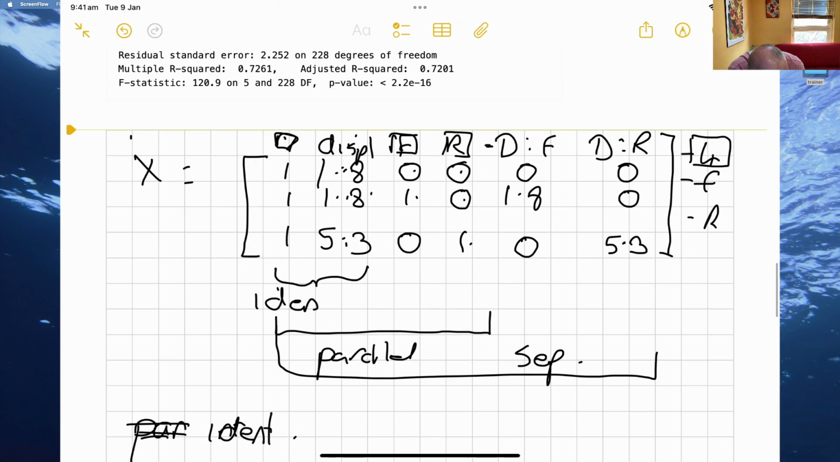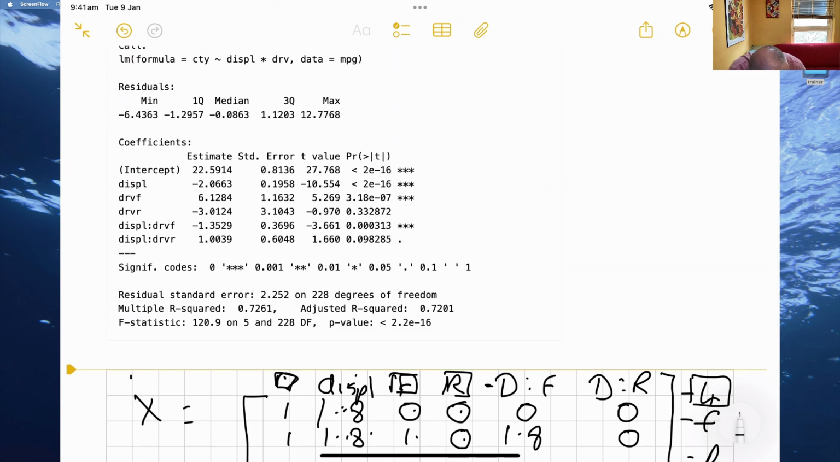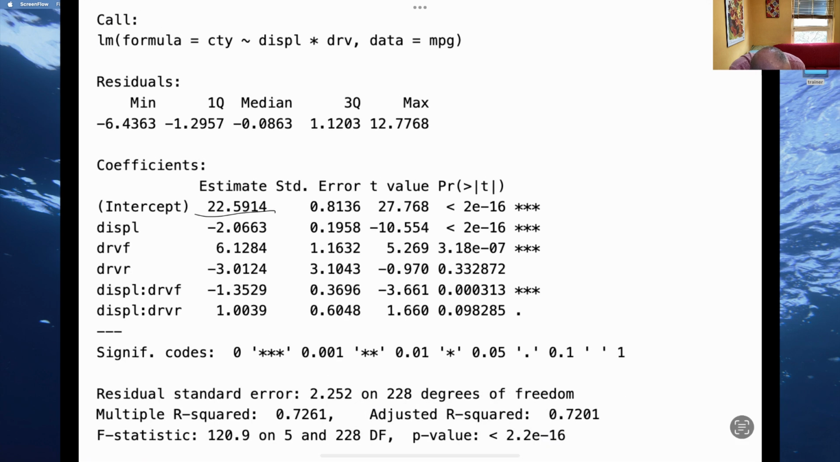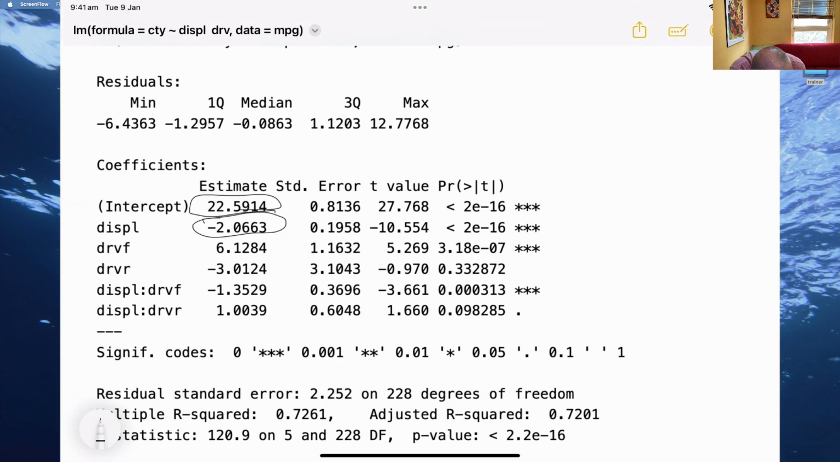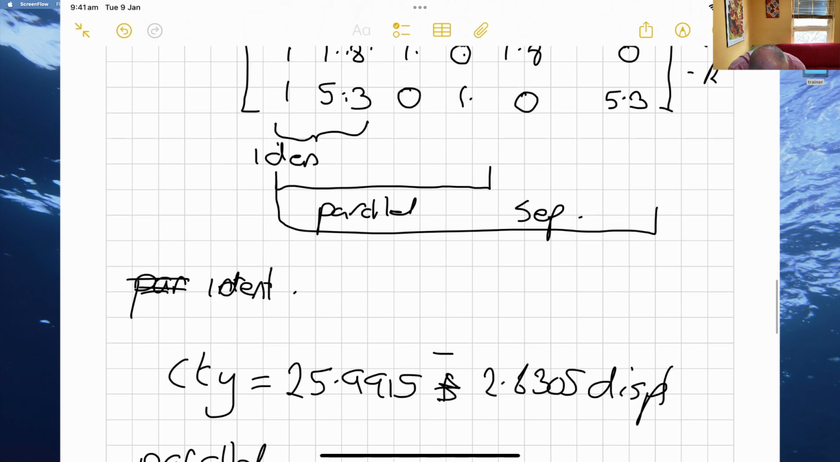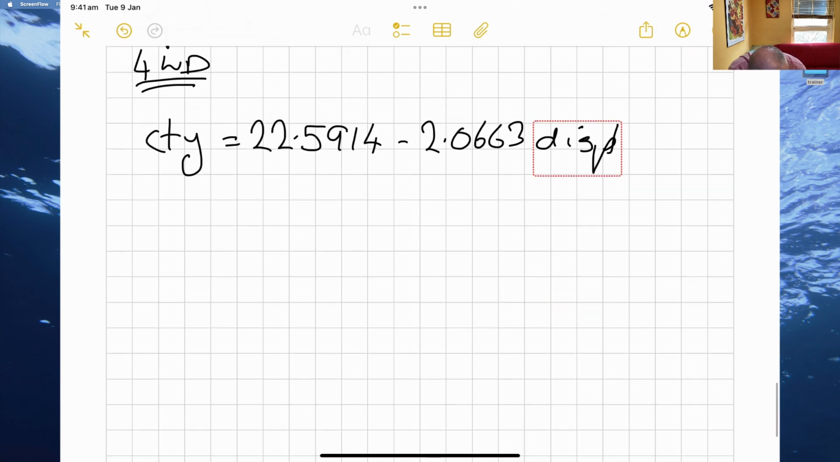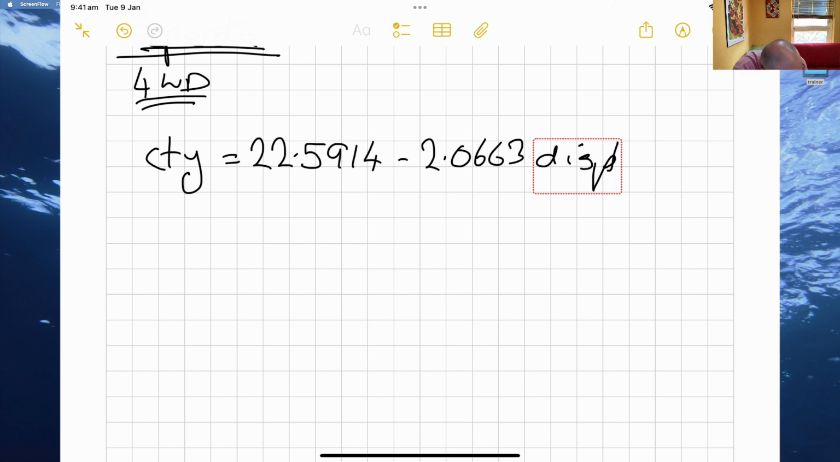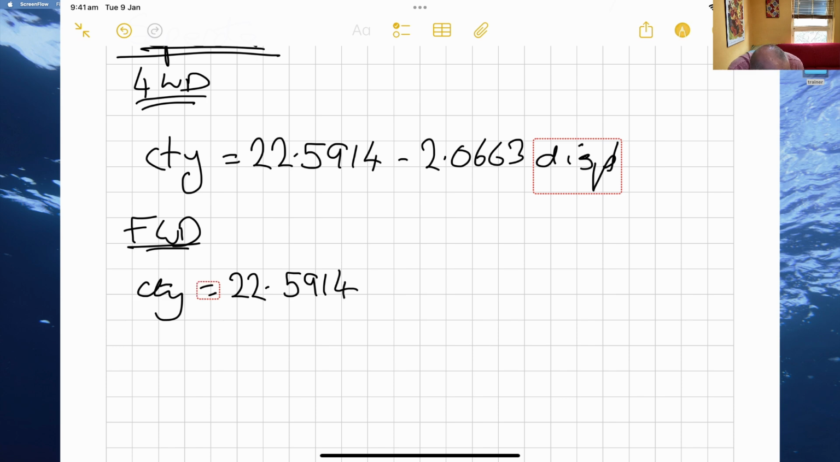And just to check, if we go up here, we can see that if I go into this figure here, this was the intercept and this is the slope. These two numbers are going to be my adjustments to the intercept, and these two numbers are going to be my adjustments to the slopes. So let's now do that. Let's do the front wheel drive. That's going to be CTY equals 22.5914, and our adjustment to the slope is plus